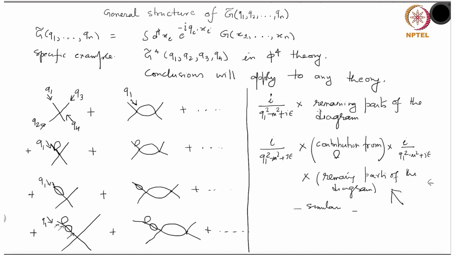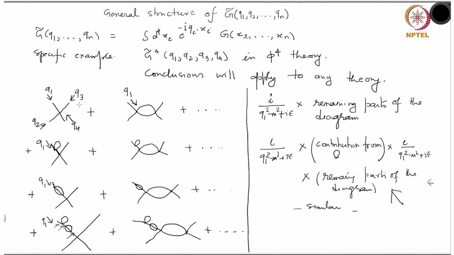And the same is here, identical. So, if you sum up these 8 diagrams, then you see that you can factor out this i over (q1² − m² + iε) times these 3 factors, and then